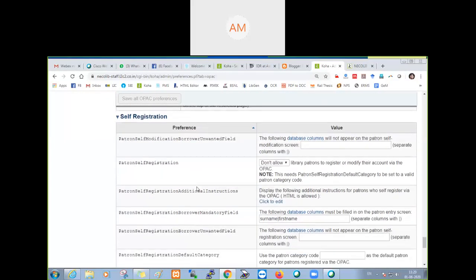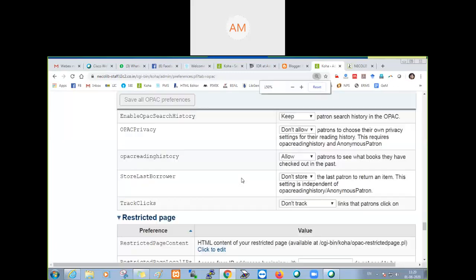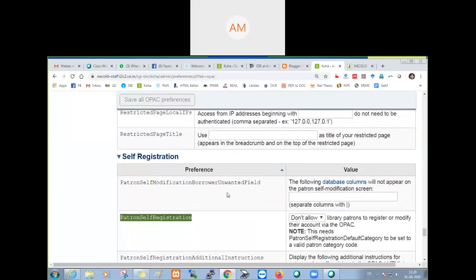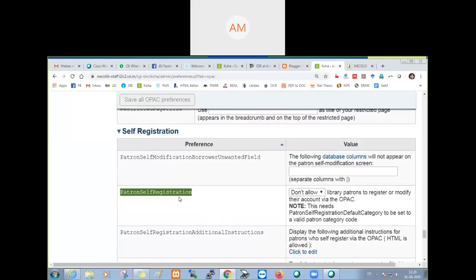We go to self registration. In self registration, you will find the option called patron self registration. I'm making it larger. It is by default set to don't allow library patrons to register or modify their accounts via the OPAC.